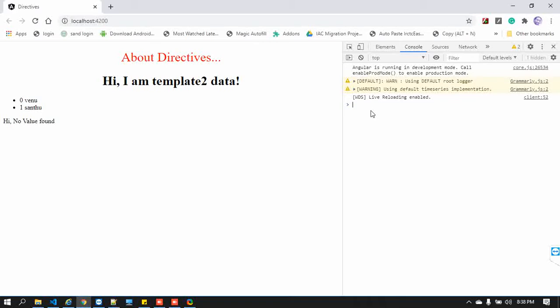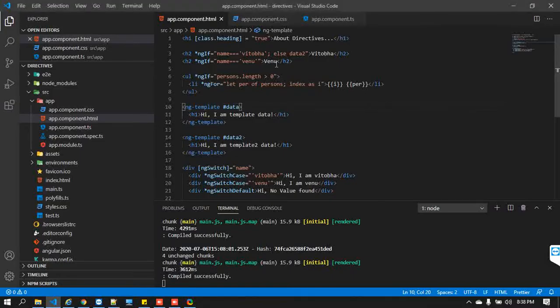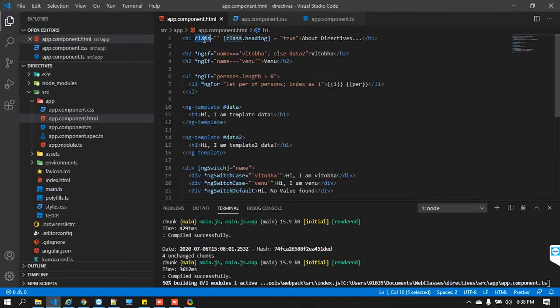Inside that we have seen another property, the class property, right? Now whenever I use class equal to something like this, this is nothing but a direct attribute of your element. Whenever I use it like this, this is nothing but your object property.